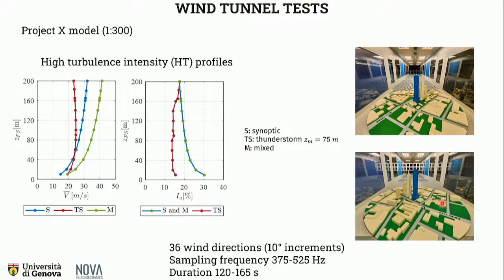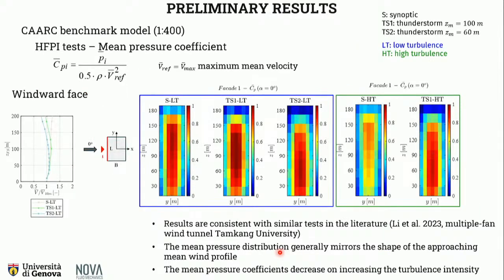While Project X was tested only with 2 different profiles corresponding to high turbulence and for 36 wind directions with 10-degree increments. So these are some preliminary results concerning the mean pressure coefficients on the windward face of the Kark building in the 5 configurations. And we can see that